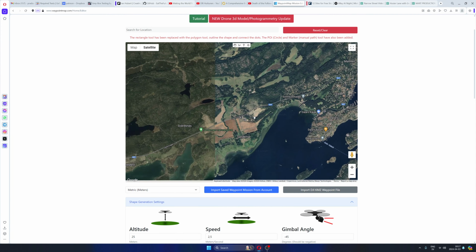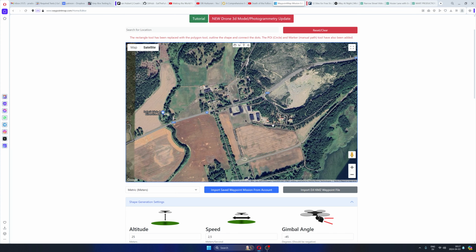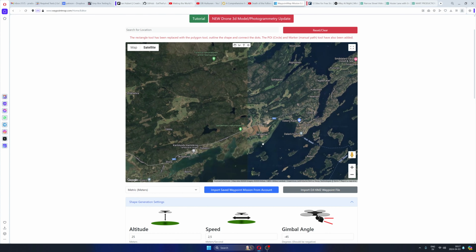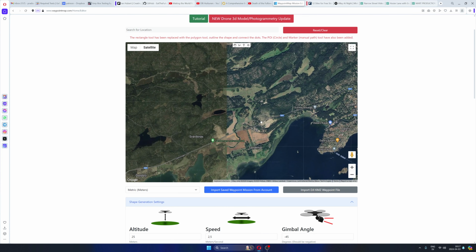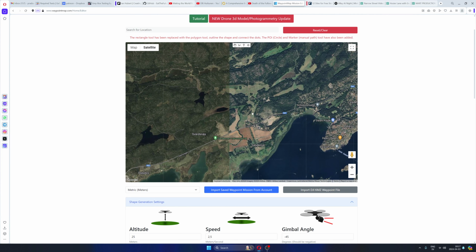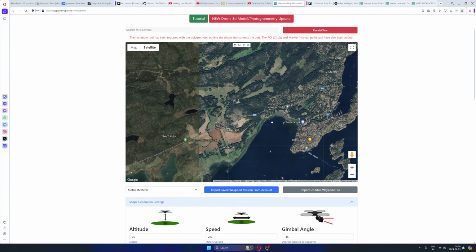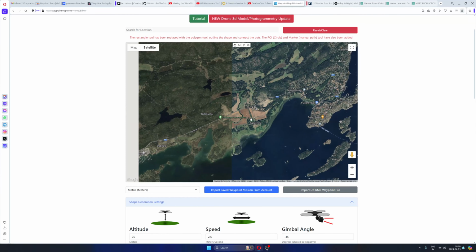I believe it is here. Is it here? No, it's not there, but it looks very similar. You can also type the location and the coordinates here,